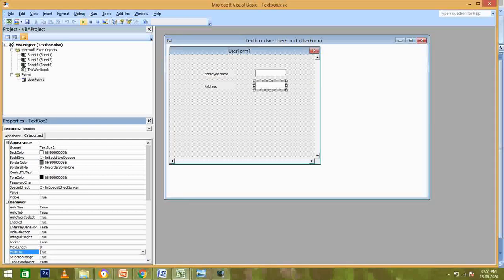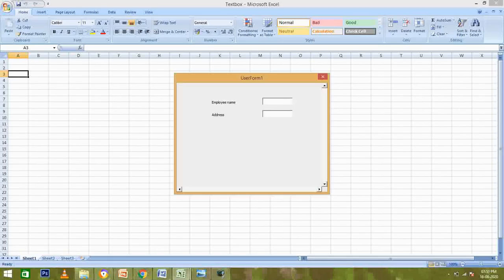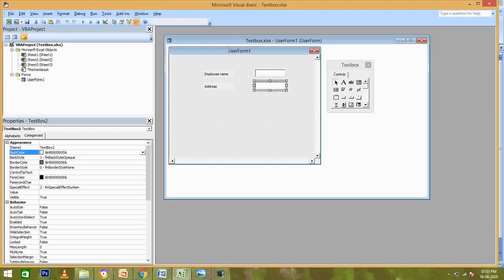And then again I will run it. You can see Mahape and comma, and then it is again moving to the next control. Why is it so? Because I have only changed the multi-line property to true. If you press enter, it will move to the next control.